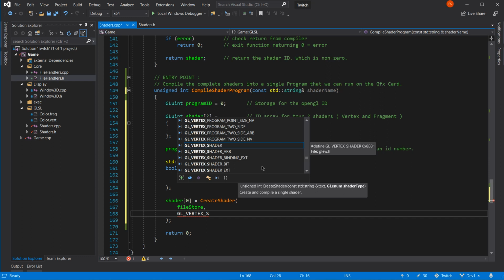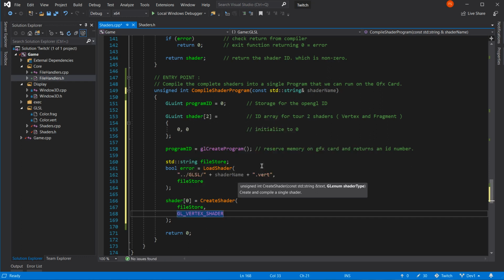Yes. Got it. Fantastic. So file store will work. Unsigned create shader. And it gives me a shader ID back. Correct.